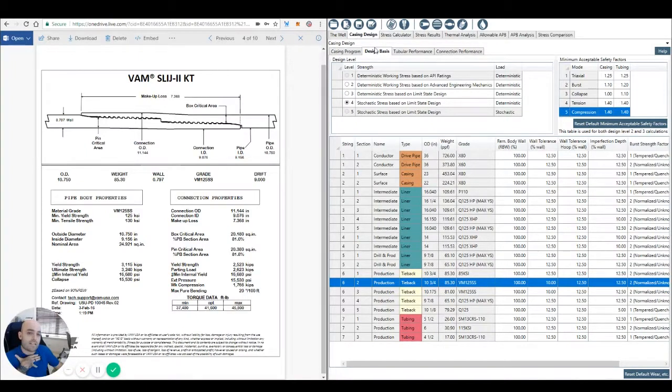So the Case and Design Basis tab allows us to select what type of design we want to carry out. Level 2 would be work and stress design, which is what we use the majority of the time in the industry. And level 3 is limit state design. And finally, level 4 is reliability-based design, where we can look at the historical strength of pipe being created by